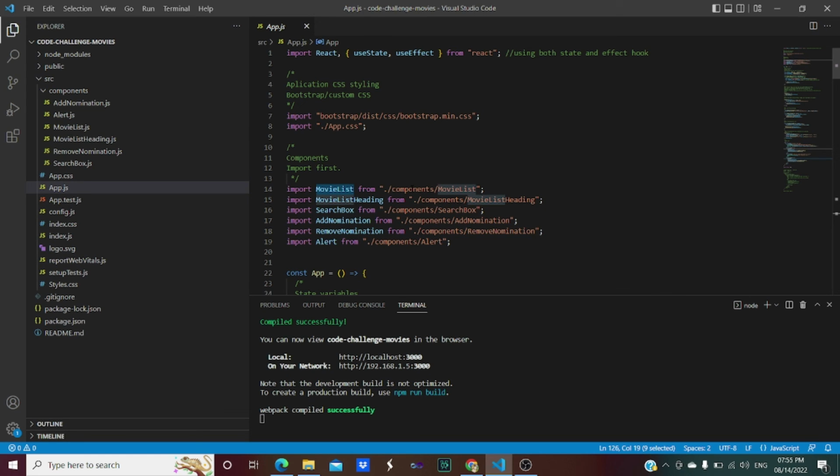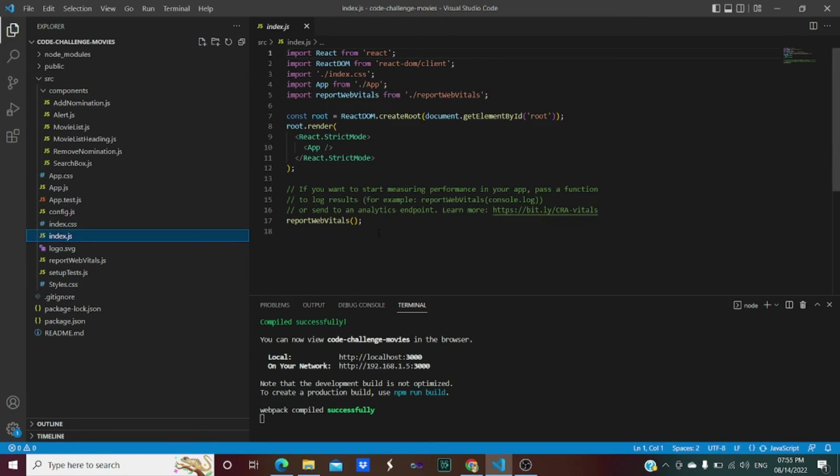And the last file over here, as you are able to see, is the index.js file, because as we know, in React everything is displayed within a single root. For that purpose this is the index.js file, so that the root element is referred over here, and within that root element the app is loaded, or more precisely, the app is rendered.